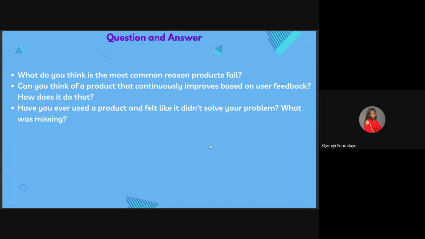So the first thing I did was go back to the drawing board. I was like, no, you people are not going to make me feel like I've wasted all my efforts in learning product management. I had to go back, read and understand exactly what the product was trying to do. Then I checked all our social media posts and everything. Are we communicating the value to these users in the proper way? Then I realized that our communication value was zero. We were doing A, but communicating B.